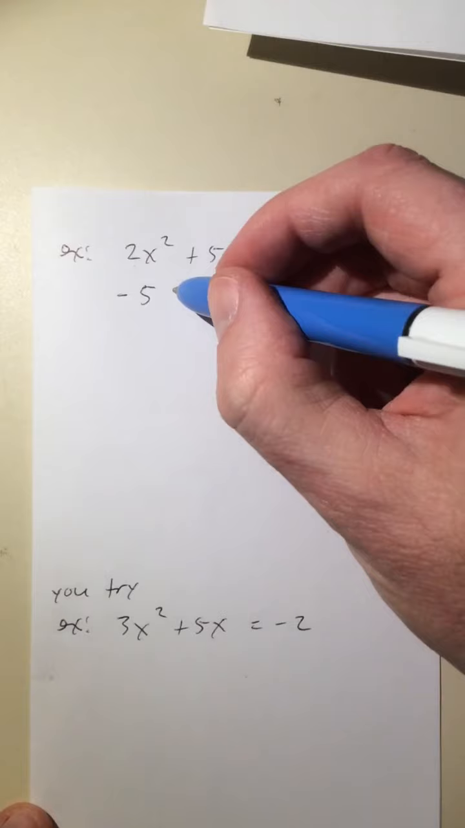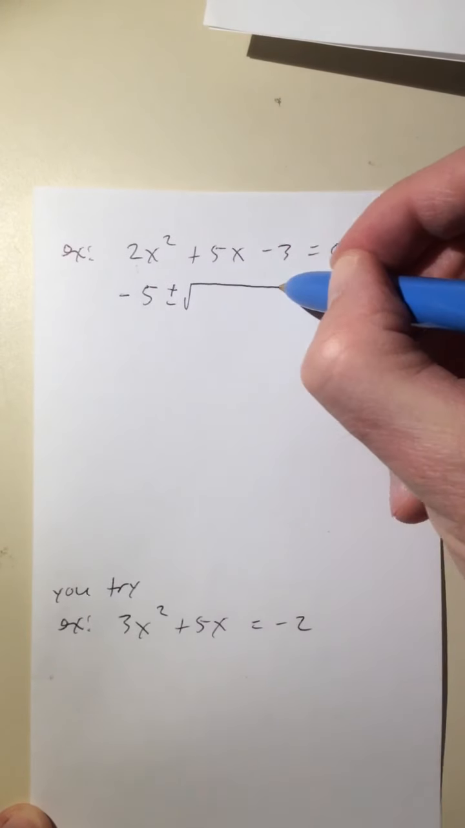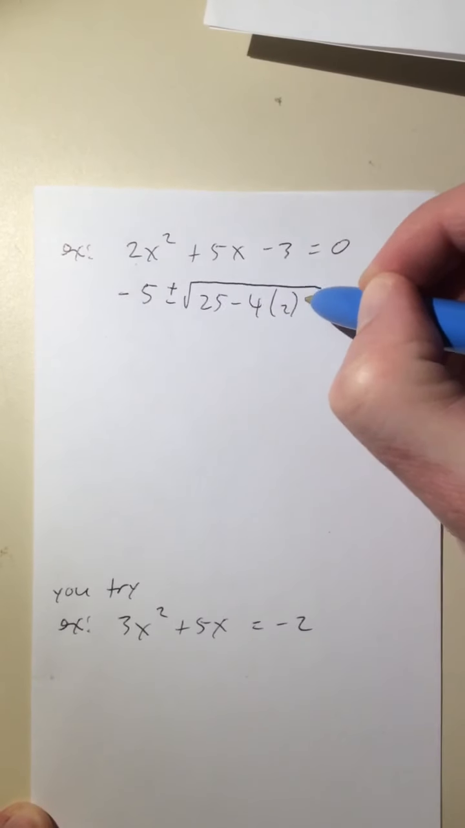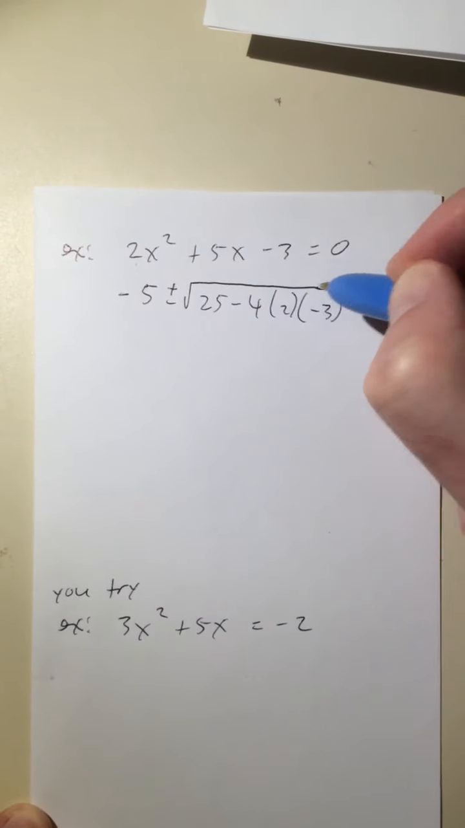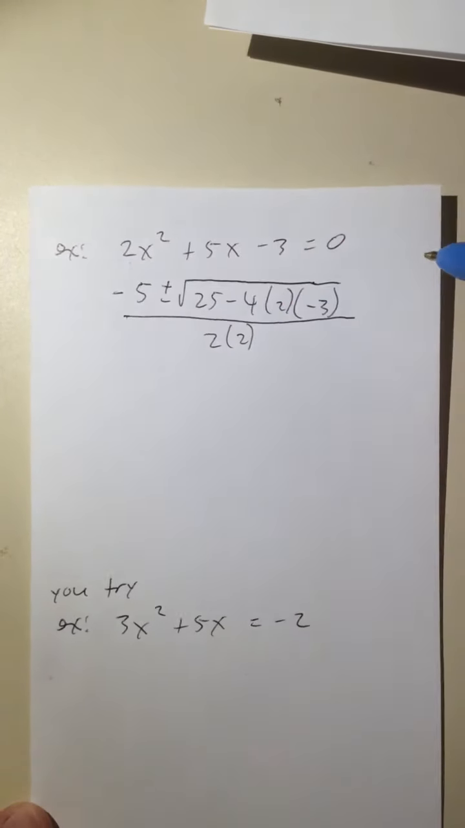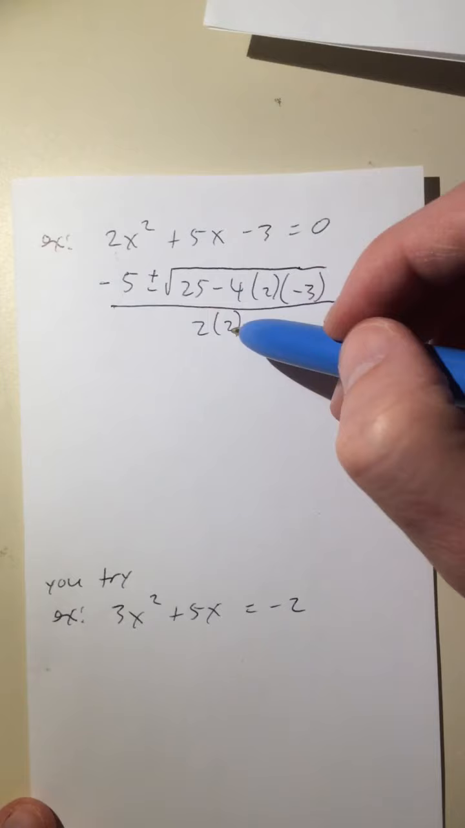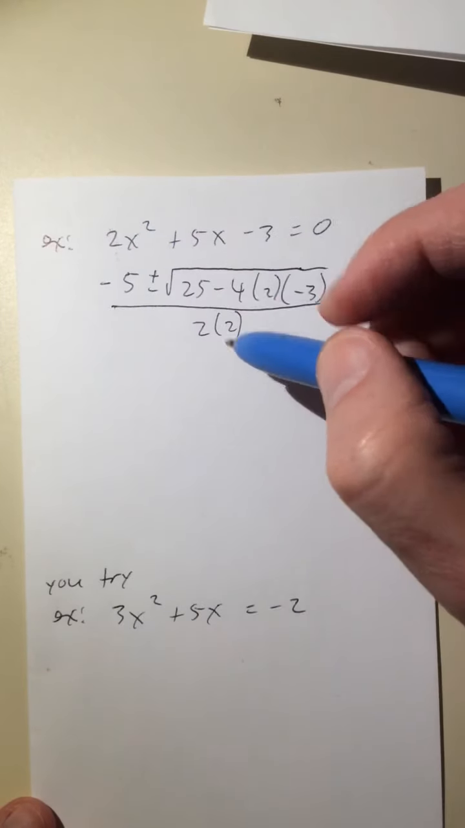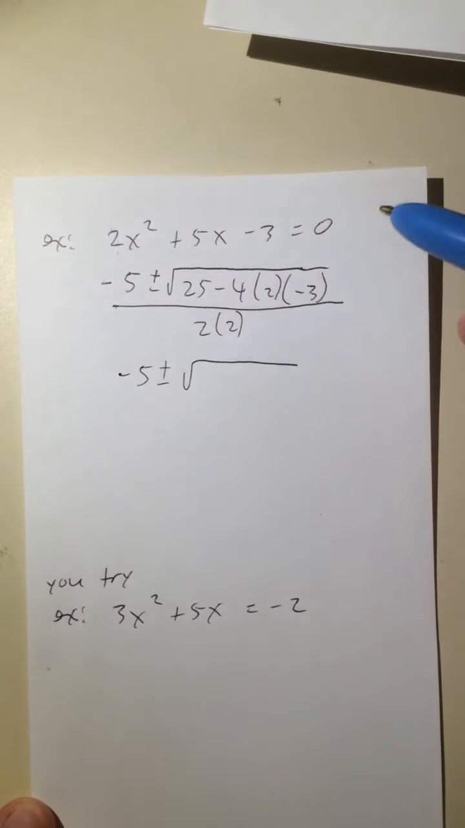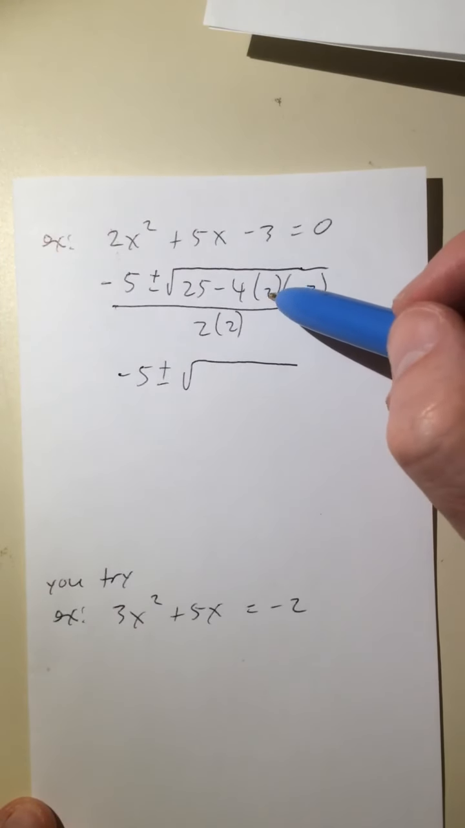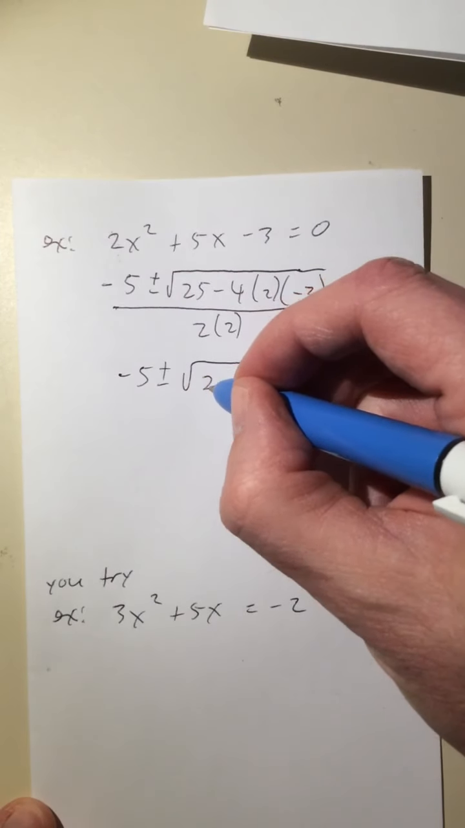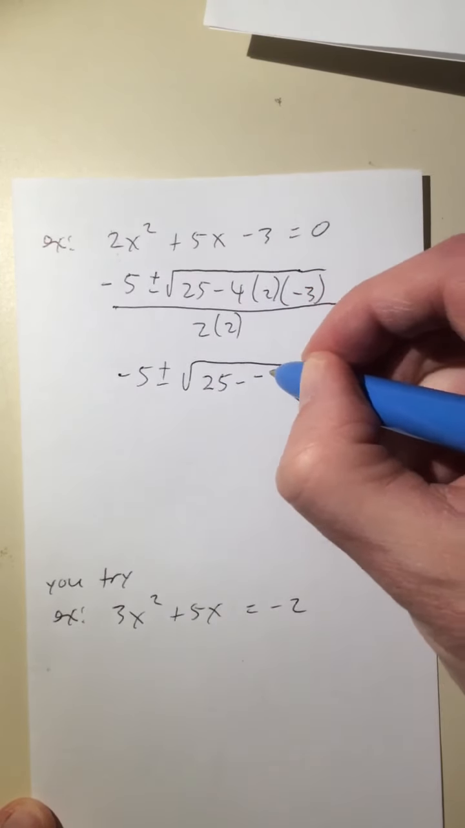already know it. So -5 plus or minus the square root of 5 squared, which is 25, minus 4 times 2 times -3. All of that is over 2 times 2, so it's not always 2 in the denominator. Sometimes it's, well, in this case, 4, right? It's 2 times that number. So then we got -5 plus or minus the square root of, and we got 4 times 2 is 8 times -3 is -24. So we got 25 minus -24